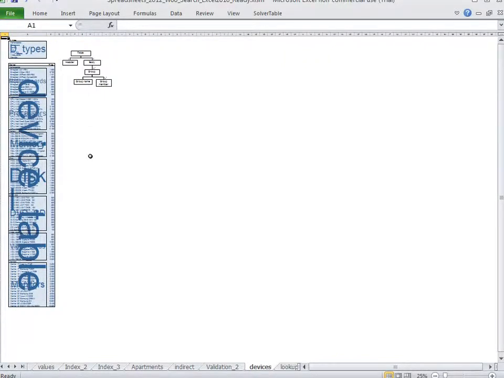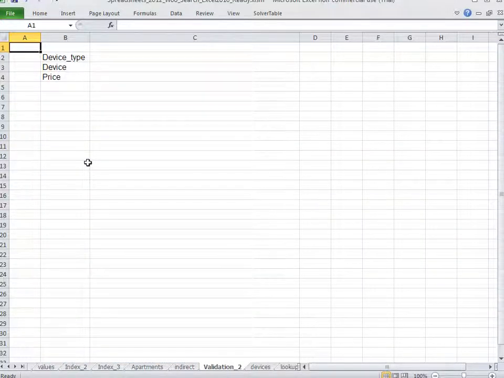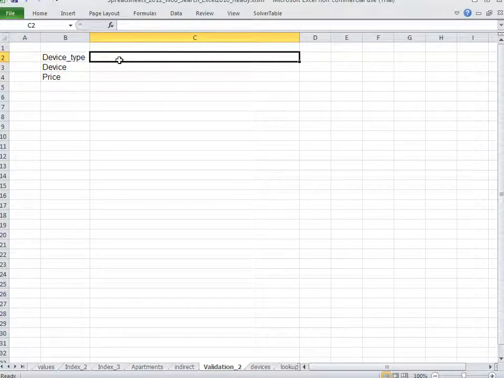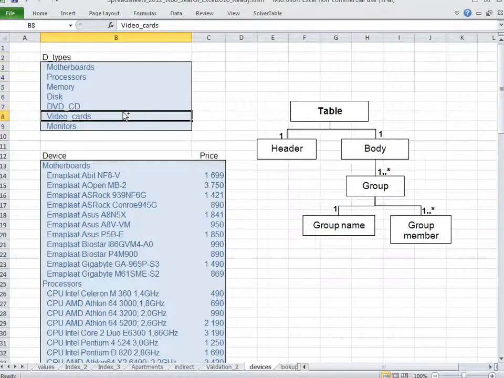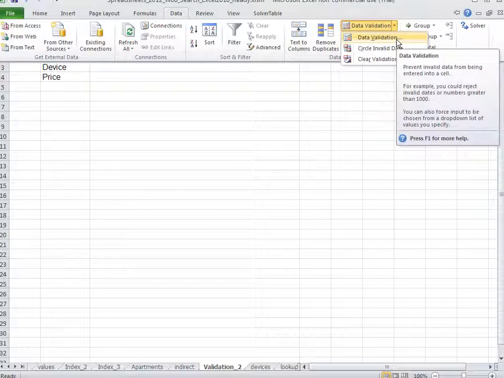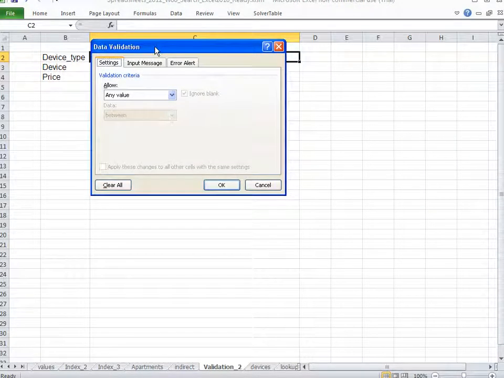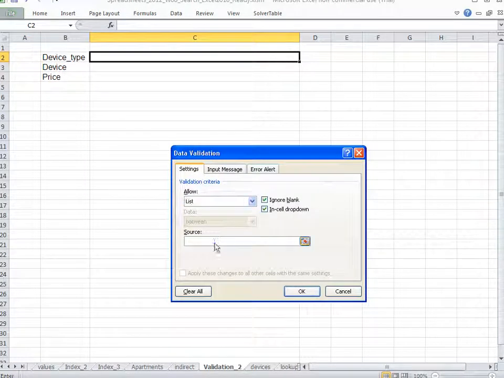Okay. Now the next thing, we go to the previous page, and we want to switch in. We go to the previous page and start by letting the user validate the broad type of the device. So we go in here, choose data, data validation, and then the thing we use most of the time is list of options, and we write equals d_types. Or if we wanted to give it,